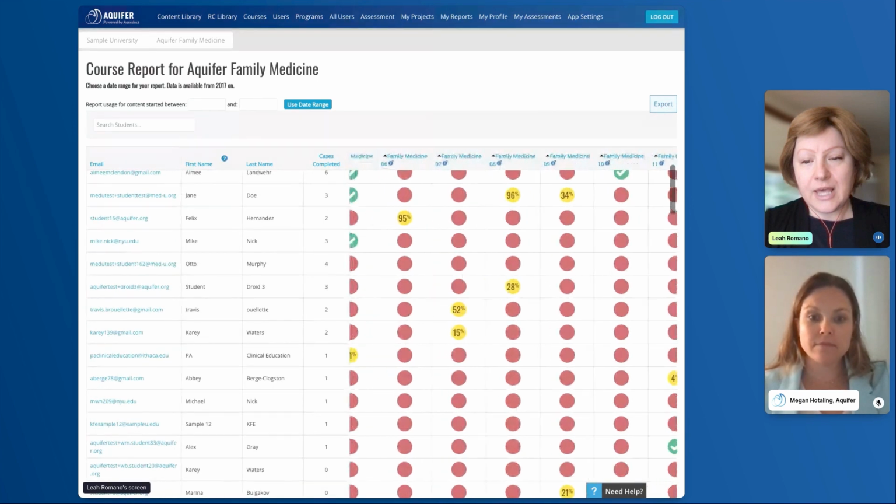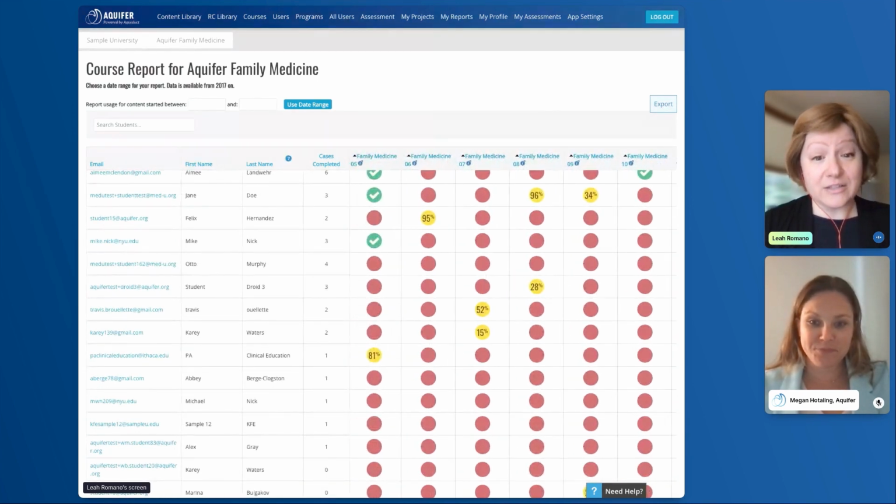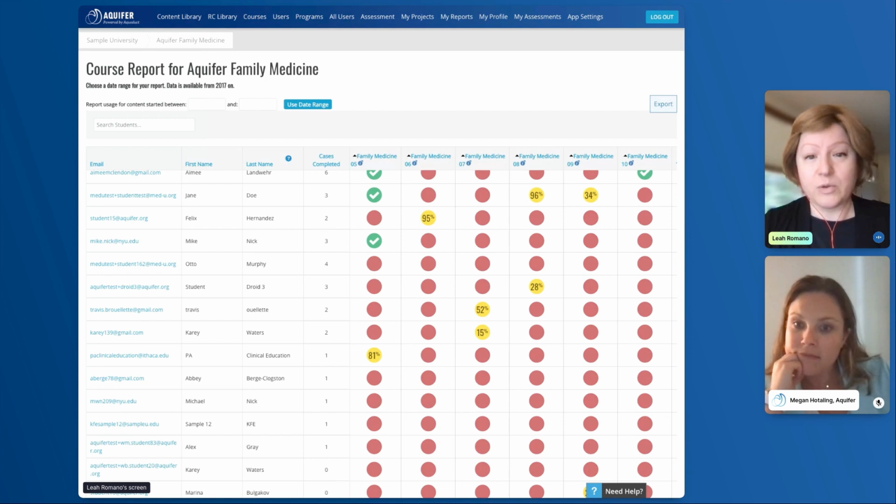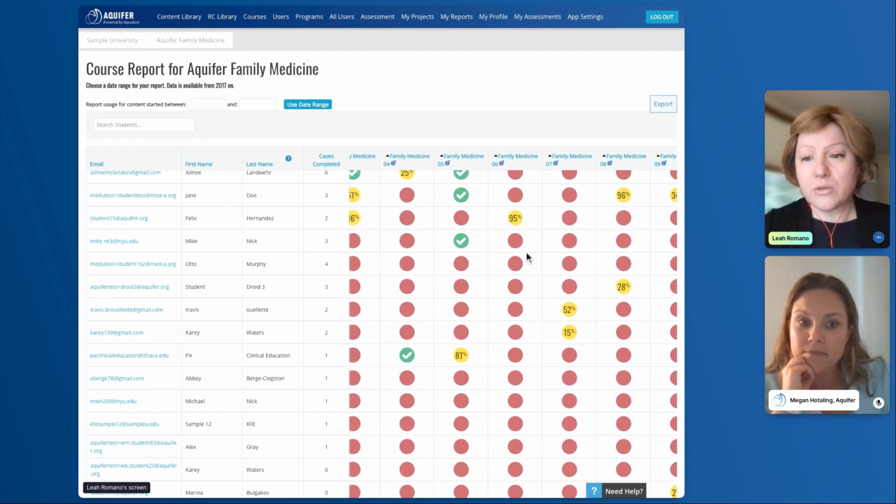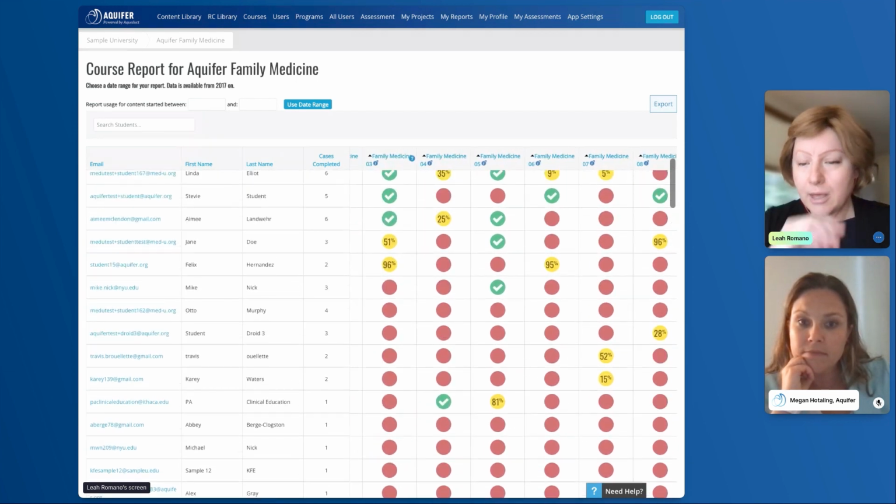Now, it's going to show every student. And so one of the reasons we recommend creating custom courses, which is a feature in Aqueduct, is because, for example, some of this red might not mean they didn't do it. Maybe it wasn't assigned, and we want to reduce the load of you having to skip things around. Another report that's available, I'm going to show you in a moment, can help with additional detail, but we recommend creating custom courses. So you are seeing a report for the students and the cases only, nothing extra.